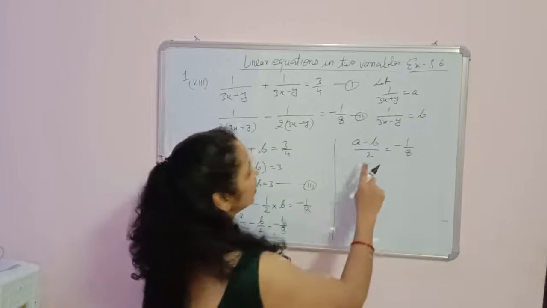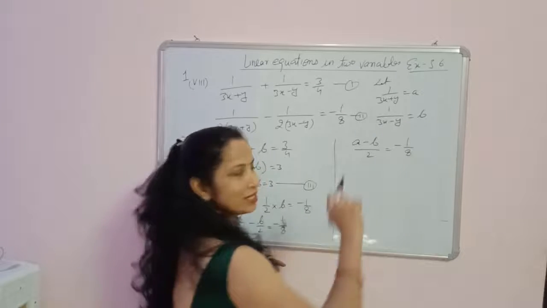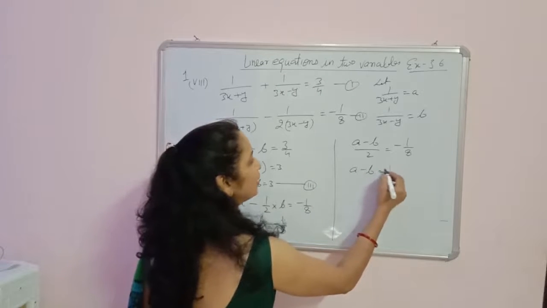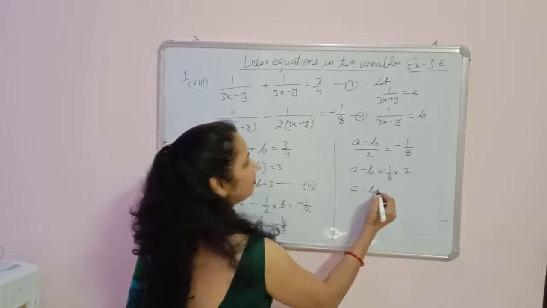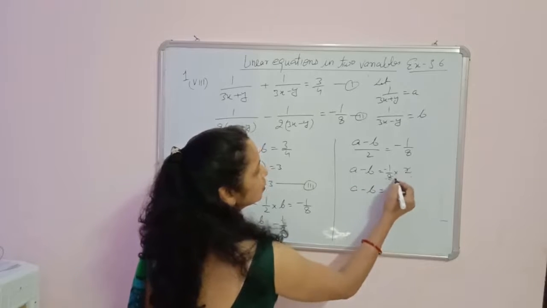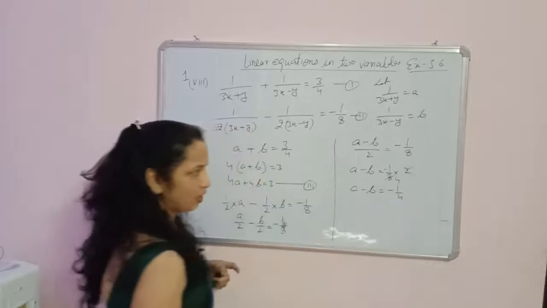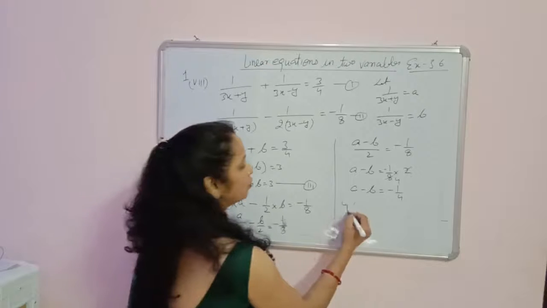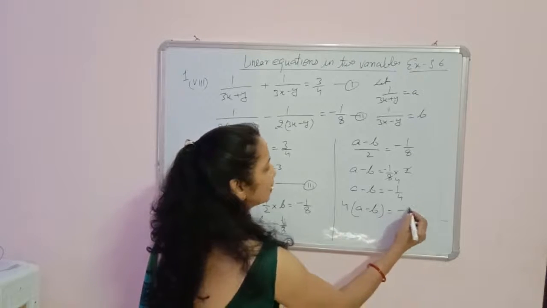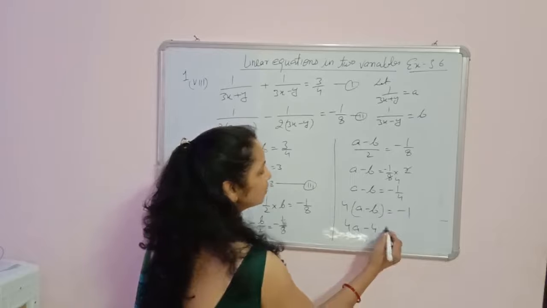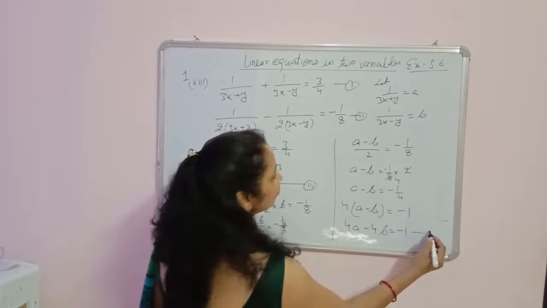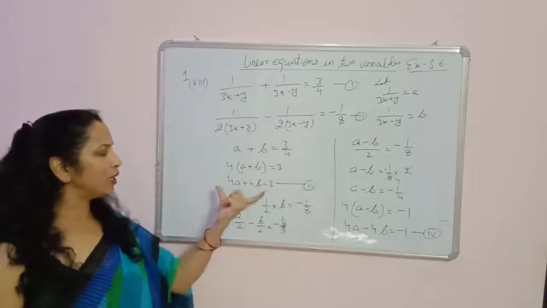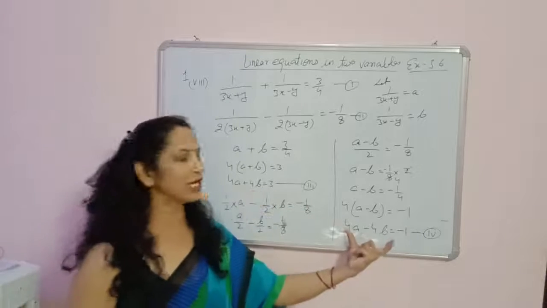So we can move this 2 towards RHS in multiplication with minus 1 upon 8. It will be a minus b is equal to minus 1 upon 8 multiplied with the 2. So a minus b is equal to minus 1 upon 4. Again, if you want to remove this fraction, what will you do? You will multiply the 4 with a and b. So 4 into a minus b is equal to minus 1. Equation is 4a minus 4b is equal to minus 1. This is equation 4. So you simplify the equation. Now you have the simple equation, this equation third and this one is equation fourth.